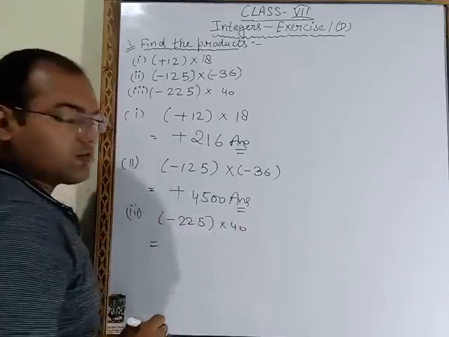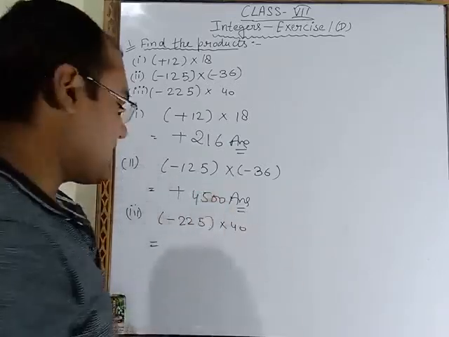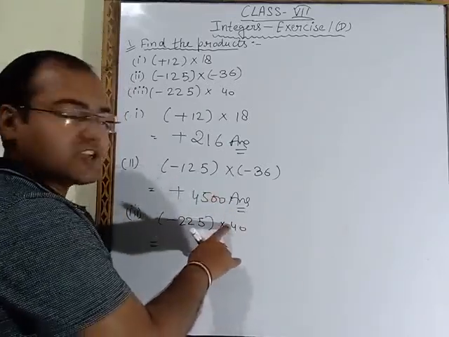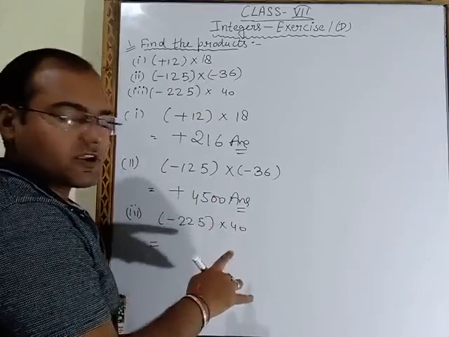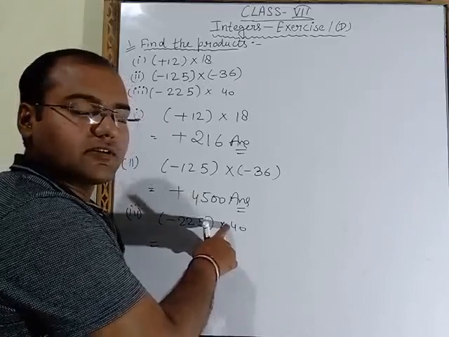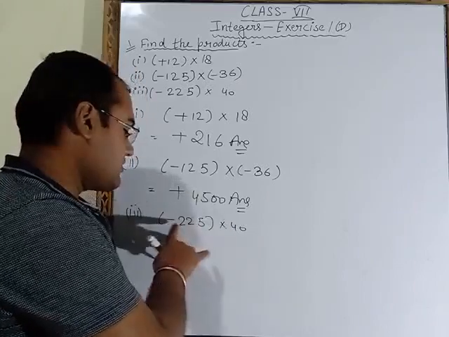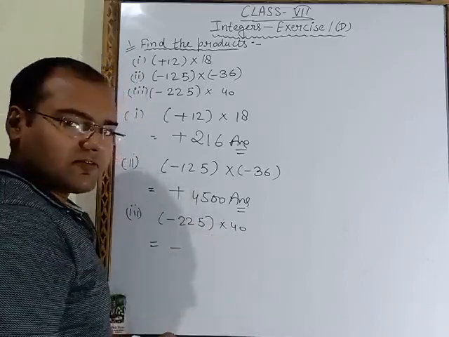So first of all, what do we have to do? First of all, we will multiply the sign. Minus multiply, no sign is coming here. Plus is not there and minus is also not there. So in this case, what do you have to consider here? We have to consider the plus sign. Minus, plus, minus, so we will put the minus sign.